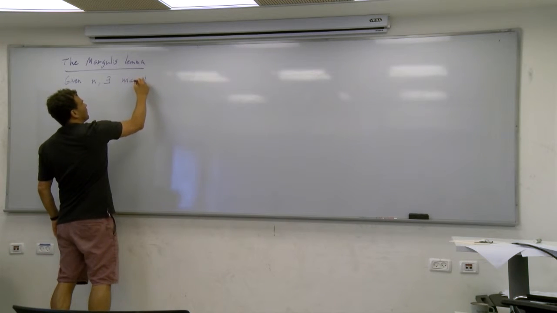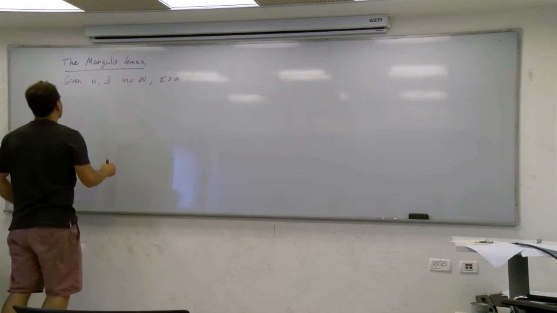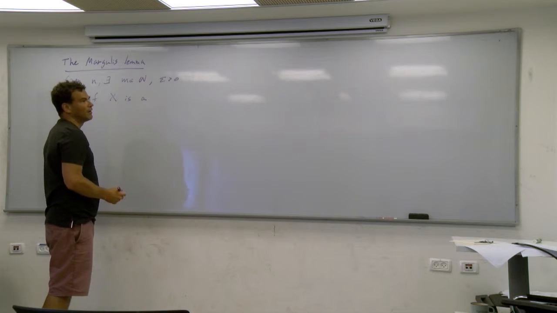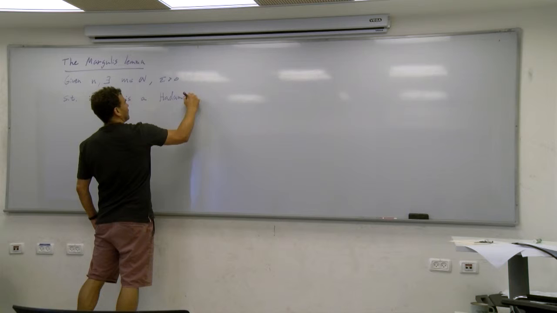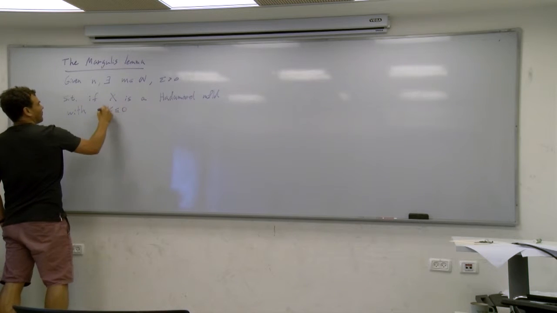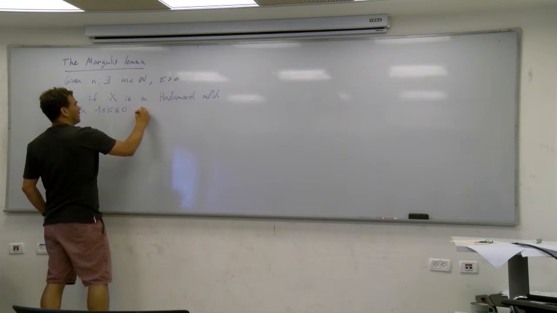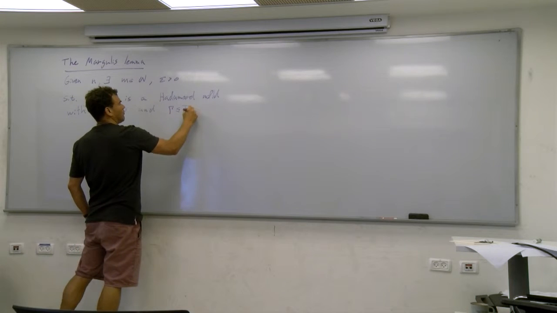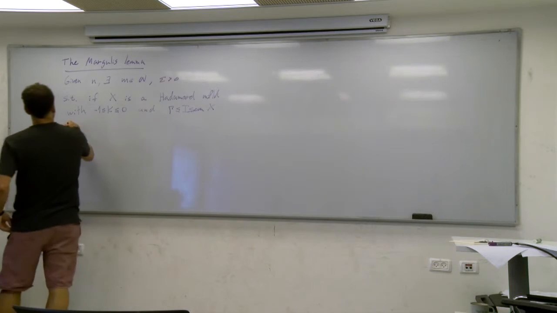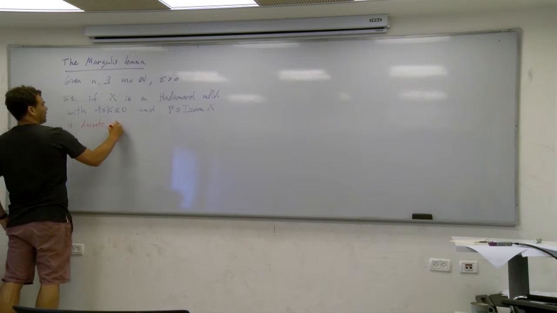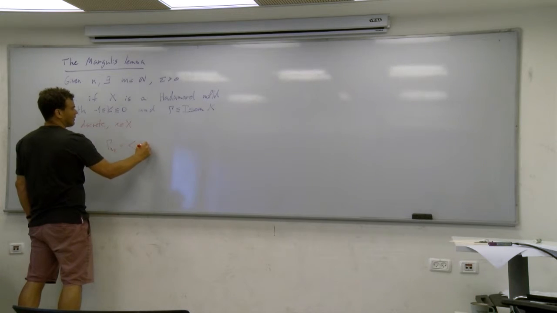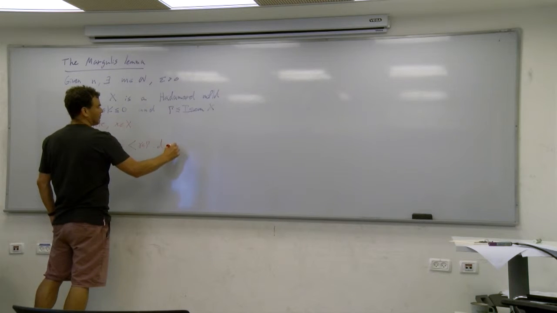So m is an integer and epsilon is a positive constant, such that if X is, let's say, a Hadamard manifold with bounded curvature, and gamma in the isometry group is discrete, and x is a point, then gamma_x,epsilon, which is the group generated by all gamma in Gamma such that the displacement at x is less than epsilon,